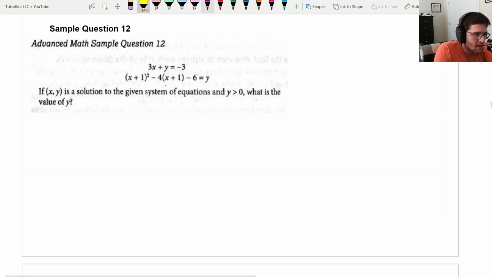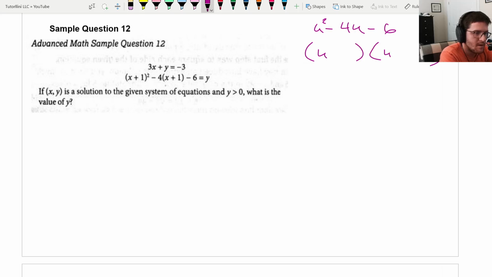So that left side, you could pretend like, let's say x plus 1 is u, and you could make it u squared minus 4u minus 6. You can factor that: adds to -4, multiplies to -6. So how about, I don't know,